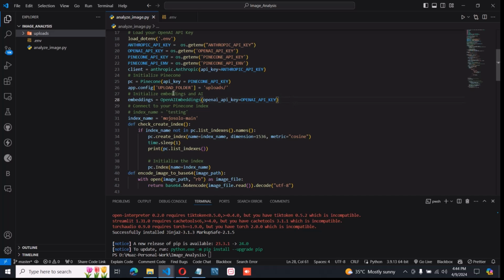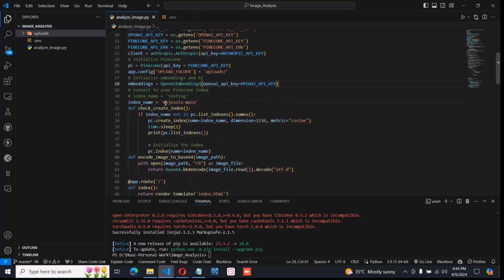Okay, so I hope you know why Pinecone is used. If you don't know about that, you can also watch my other video. So basically, what is Pinecone? Pinecone is to store the vector database. A vector database is to store the vectors. These vector databases are especially used for the OpenAI things. So if you want to chat with the database, you can